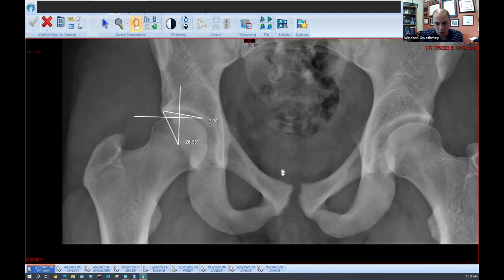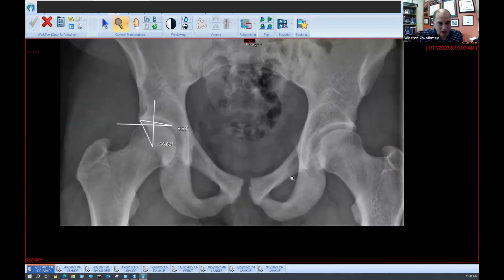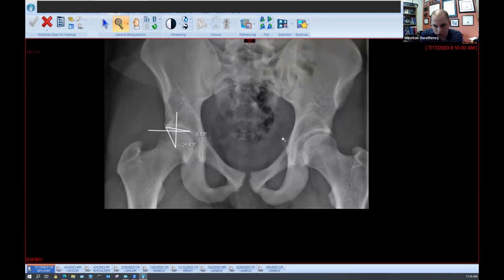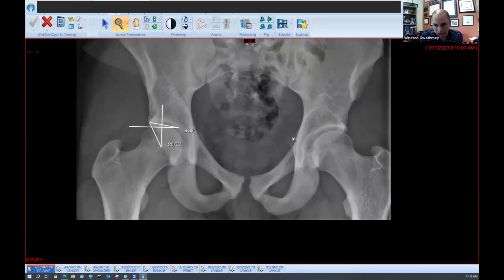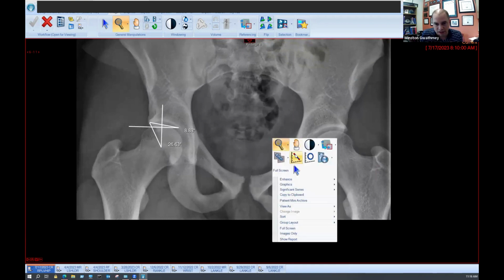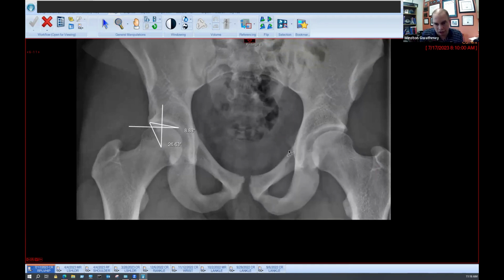So the other things you look for in the AP X-ray, you can look at the neck shaft angle. You can look for something called ischial spine sign. So you can kind of see how on this left hip, you get a little bit of ischial spine sign. Again, I think on this specific case, it's more representative of the actual rotation, because you can see there's one on the left side. There's not so much one on the right side, which seems to think this is actually